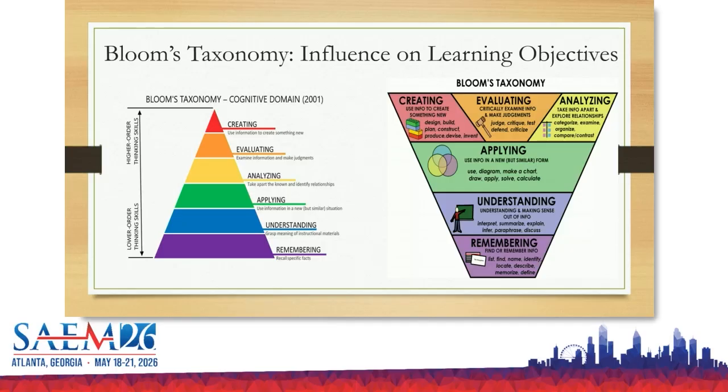So, thinking a little bit about Bloom's taxonomy. Has everyone heard of Bloom's? Yeah, okay, great. It cracks me up that we can't even decide whether the triangle should be upside down or right side up, and which one is which. But the gist is that this gives us a framework for understanding, from the least integrative and least complex to the more complex and integrated methods of learning: applying, evaluating, and creating. You'll come back to this again and again because it helps you separate out what part you're really looking at.